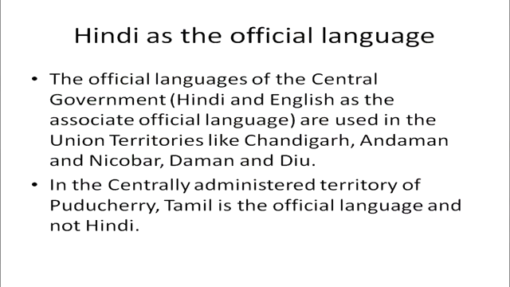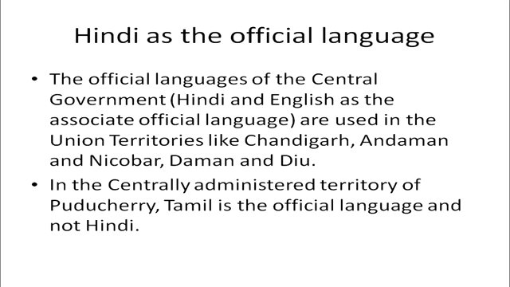But mainly where Hindi is considered to be the official language, we have to understand that apart from these states, there are central government territories, often called union territories. There also we accept Hindi as the first and foremost language for official purposes. For example, union territories like Chandigarh, Andaman and Nicobar, Daman and Diu, which are centrally administered, Hindi